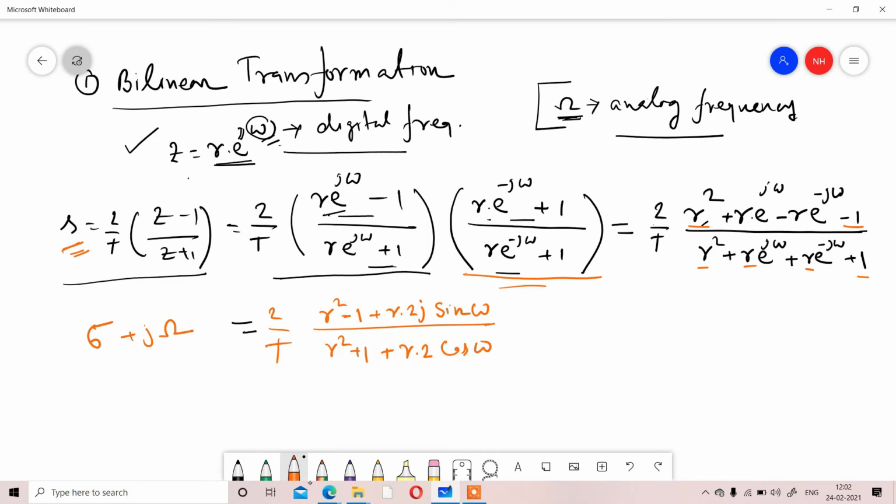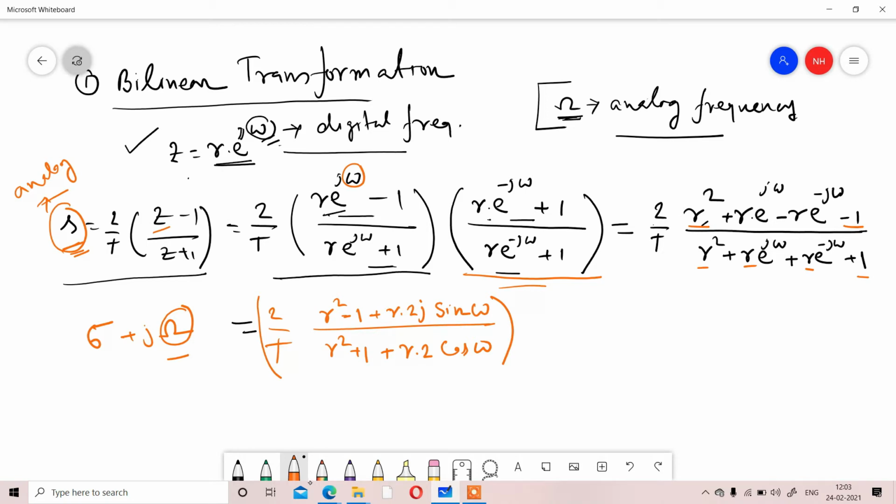Keep in mind, S is analog, meaning it's in the continuous domain. So the omega for S we are representing is the analog omega. Keep in mind that, very important. And here Z we are representing in discrete form. So for Z, whatever omega we are representing, that is your digital omega. So one equation we are getting, which is a combination of analog omega and digital omega. And we are simply representing that part as a real part and imaginary part.